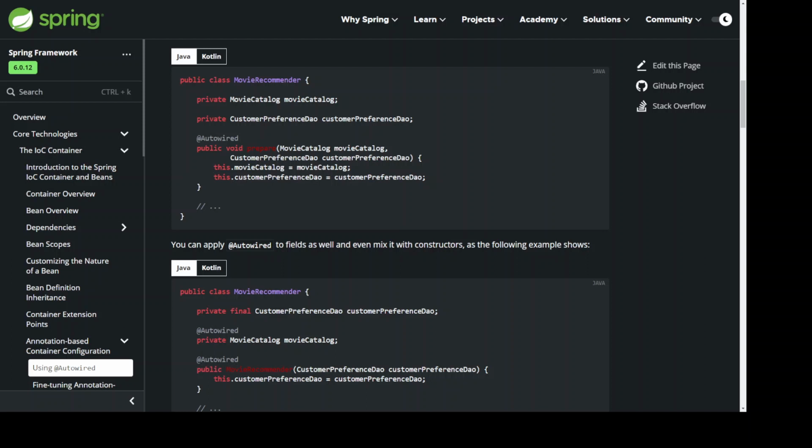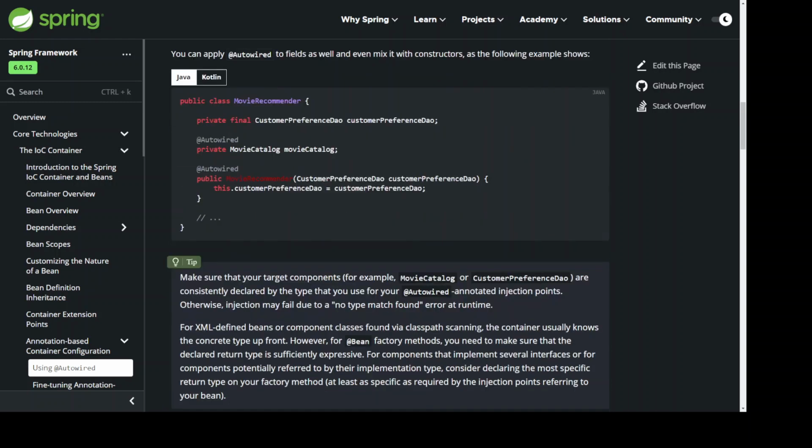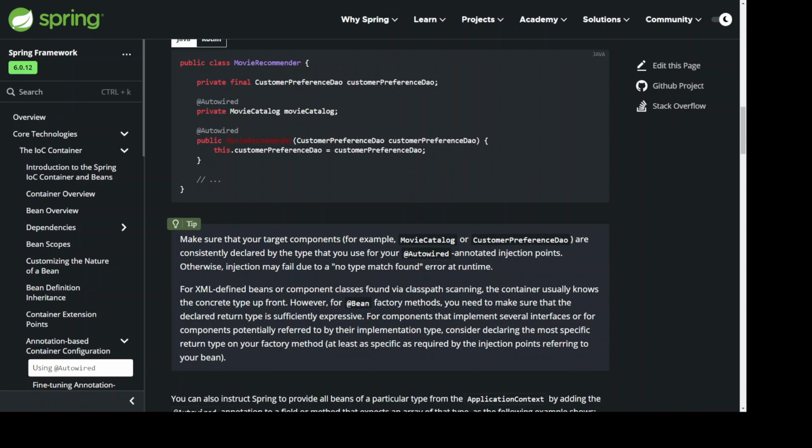You can apply @Autowired to fields as well and even mix it with constructors, as the following example shows. public class MovieRecommender { private final CustomerPreferenceDao customerPreferenceDao; @Autowired private MovieCatalog movieCatalog; @Autowired public MovieRecommender(CustomerPreferenceDao customerPreferenceDao) { this.customerPreferenceDao = customerPreferenceDao; }